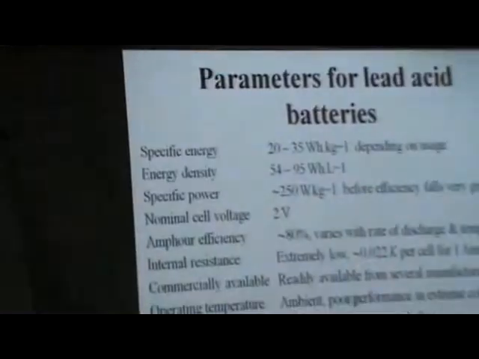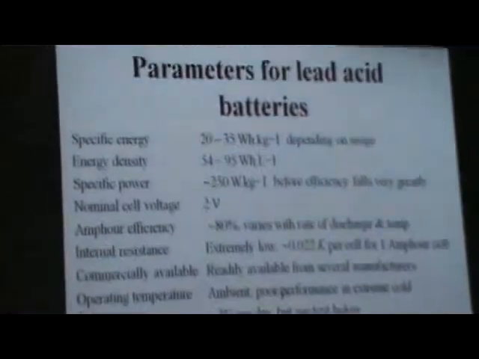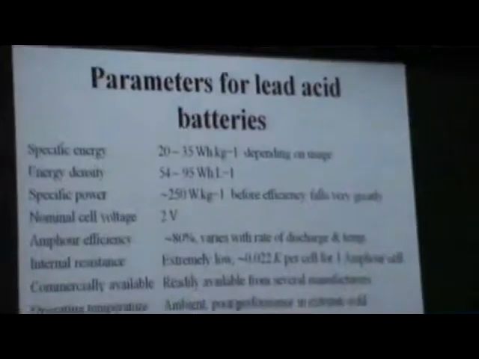What is the resistance value of this lead acid battery? It is 0.02, which is normal. This value is fixed. According to this value, you are going to choose your plates. Then for the plates, you also have to prepare the chemicals and the lead acid. According to that value, you choose the chemical.